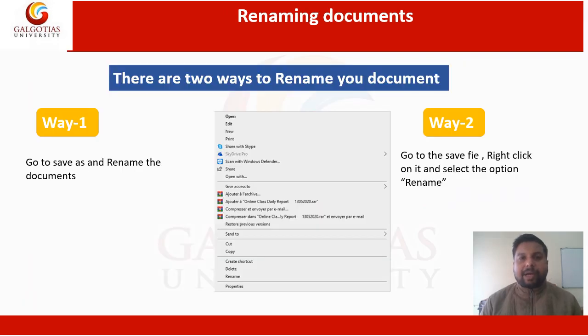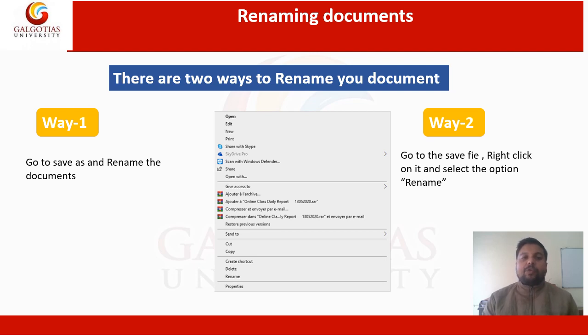Here we have to understand how to rename a document. If by mistake we already named a file and now we want to change the name, how can we change it? The first way, which I already discussed, is to open the existing file, go to Save As and rename the file, which will create a new file with a new name.